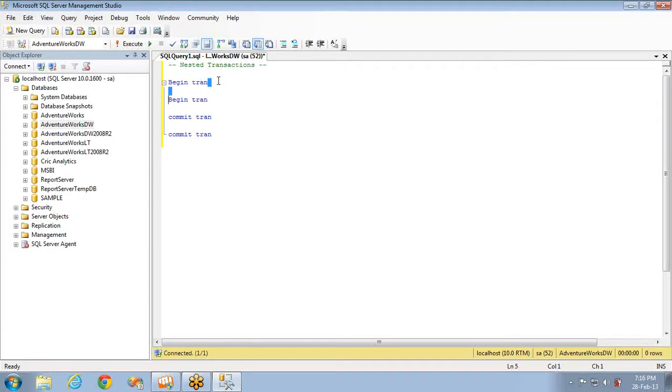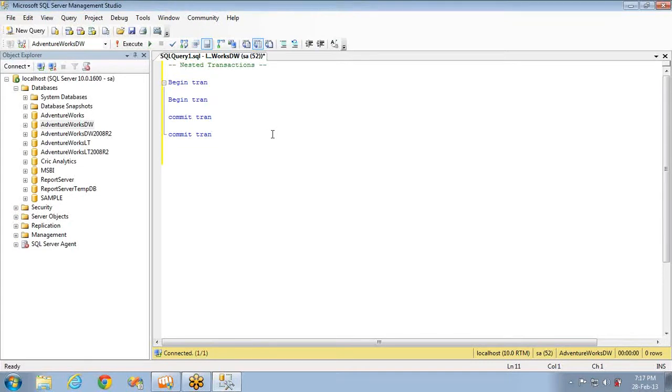The first begin transaction is the outer one, whereas the inner one is the nested transaction. This is how you can go for n number of levels. You can nest many transactions, but always keep in mind that nesting so many transactions will lead to confusion as well as performance degradation. You'll face many problems, like if all the transactions are accessing the same data.